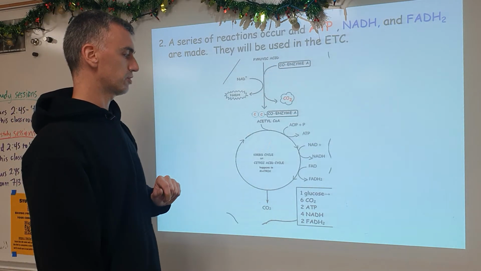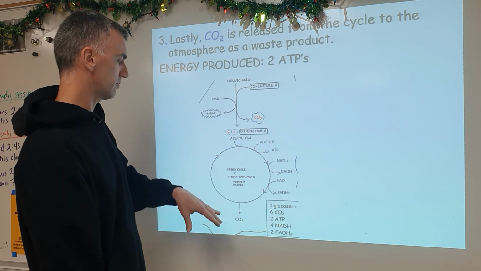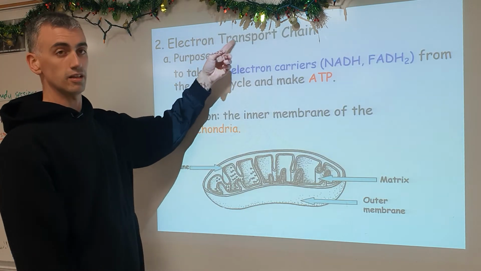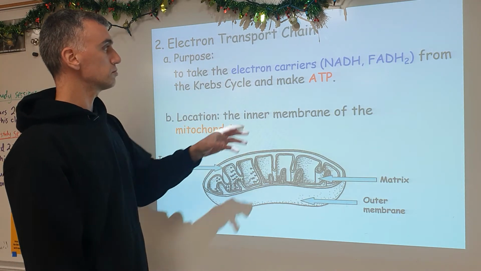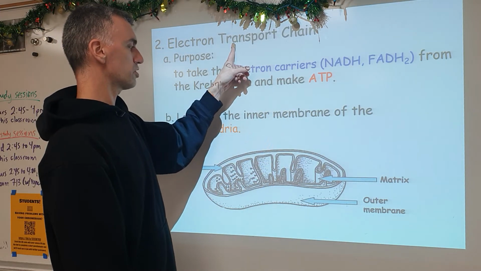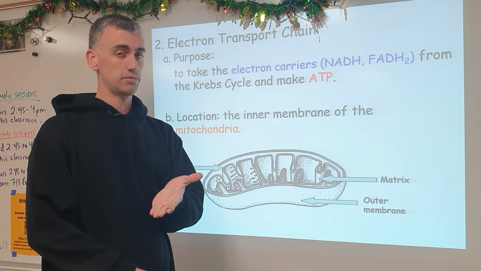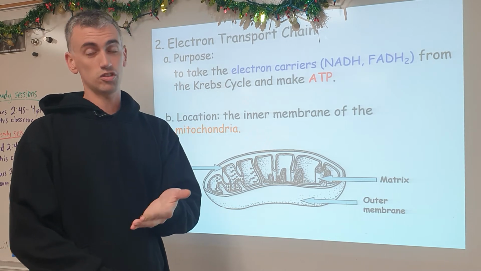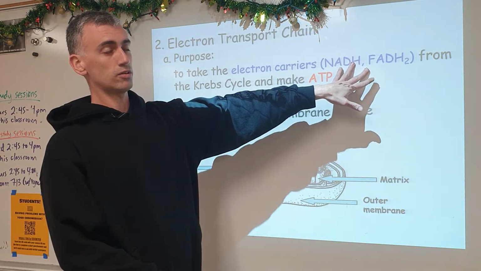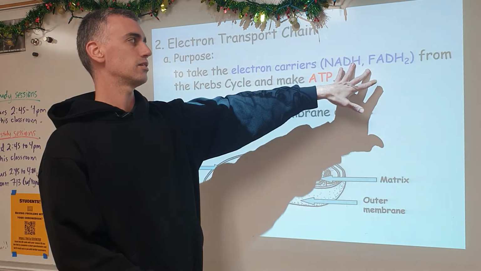ETC stands for the electron transport chain. The electron transport chain will come after this. CO2 is produced. Electron transport chain. Those molecules produced in the Krebs cycle are super important. The electron transport chain powers the production of ATP. Remember, the whole point of breaking down glucose is to get ATP, because ATP is the energy source that runs the cell. So these things produced by the Krebs cycle power the production of lots and lots of ATP through